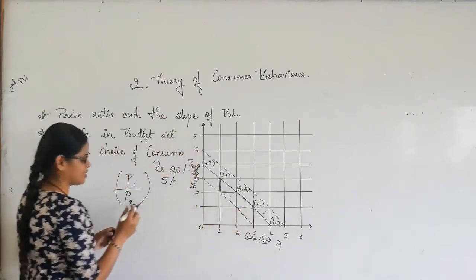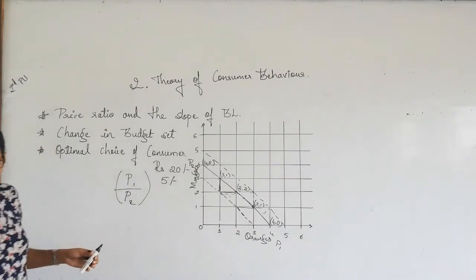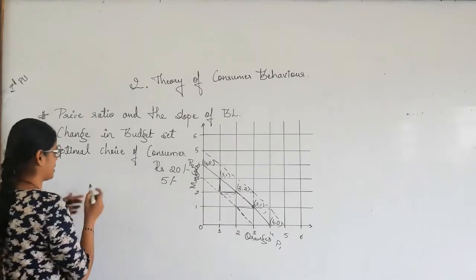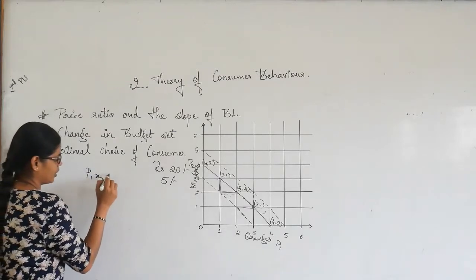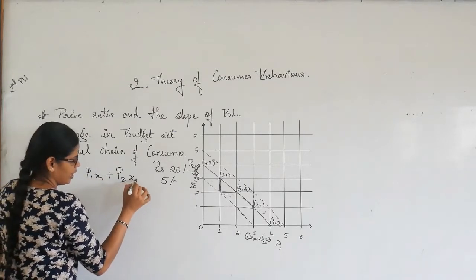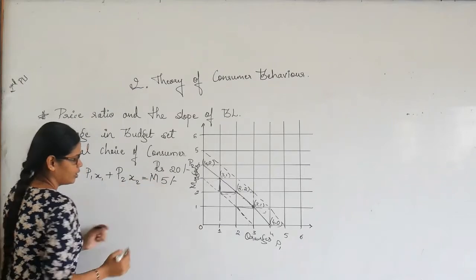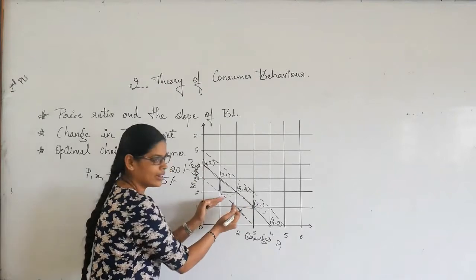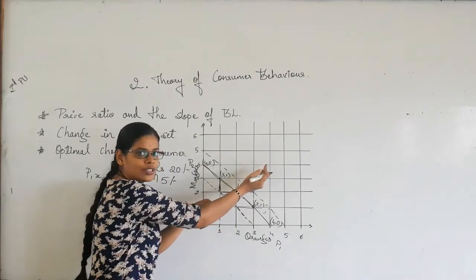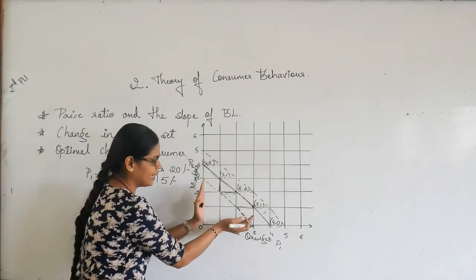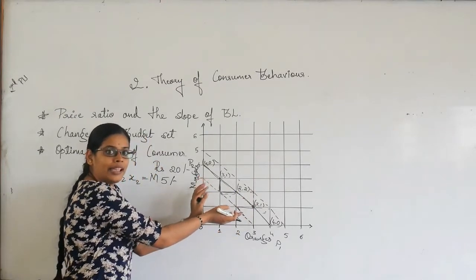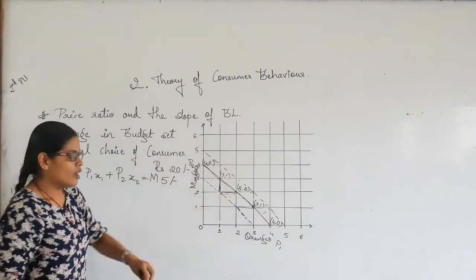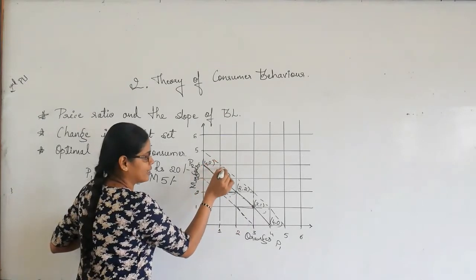How are we expressing this line? The budget line. The budget line is expressed as P1 x1 plus P2 x2 is equal to M, right? So M is nothing but this line, wherein a consumer cannot buy any of the goods outside this area, but he can make any of the choices within this area, right? So that's the M. When he has shifted his M,